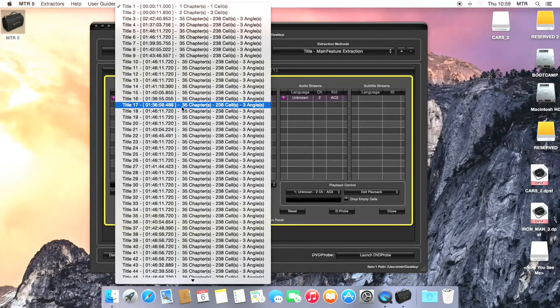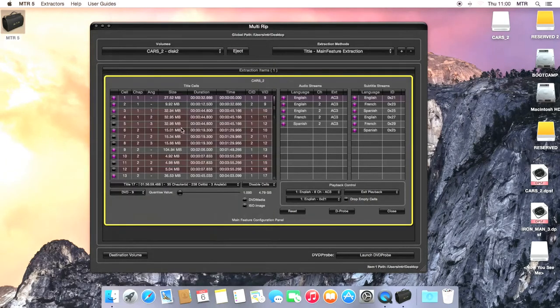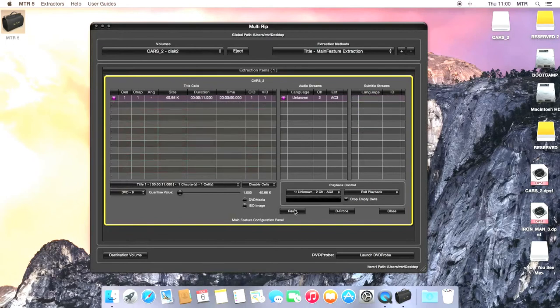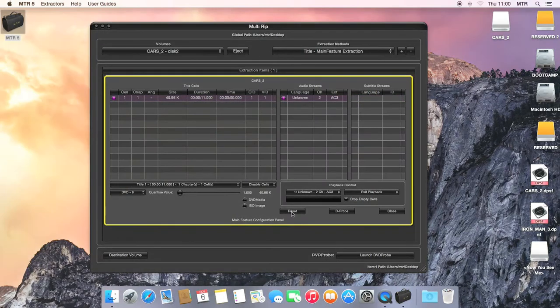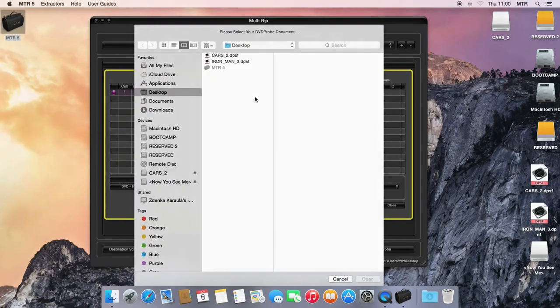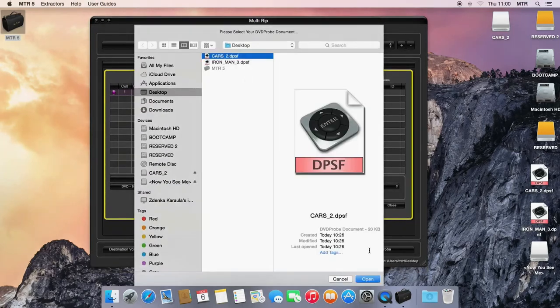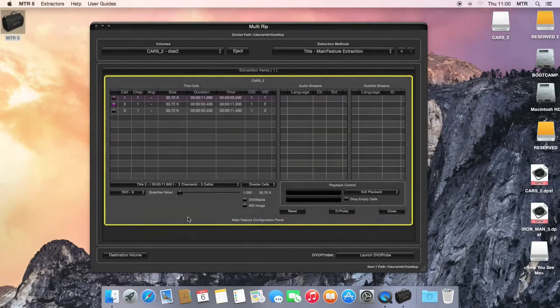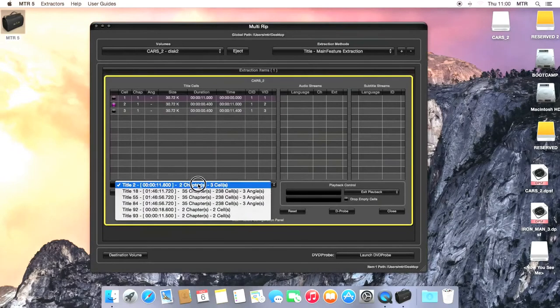If you select from DVD player and it reveals that it is title 17, that is good. But the problem is here that the cells will be in their default case, which is not what we want. So in this case I hit reset, I click DVD probe, and the same probe map that I have used for everything I can load, which doesn't seem to make much difference until we look at the title map,